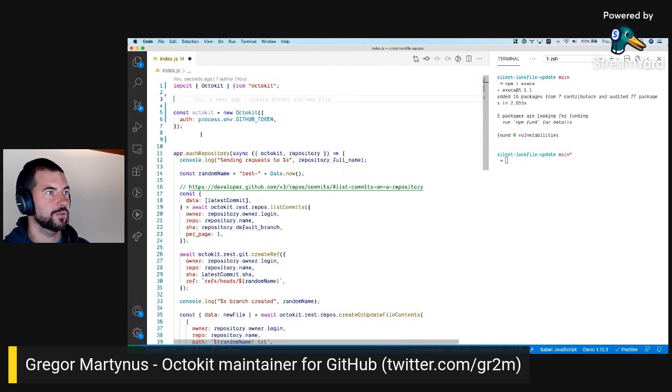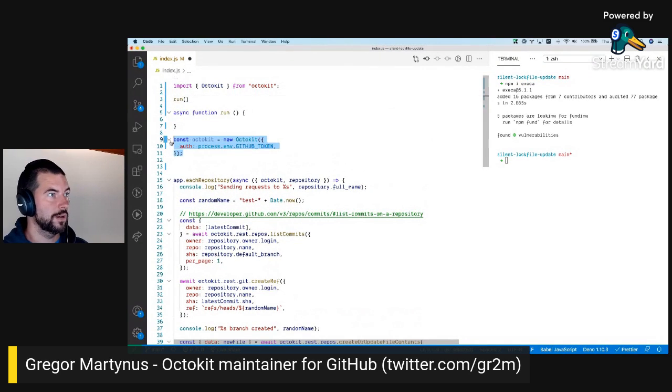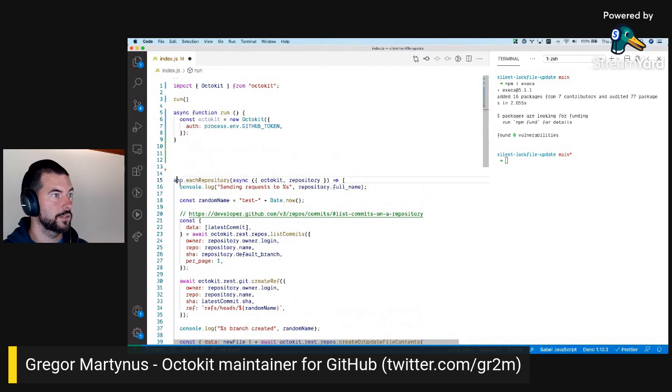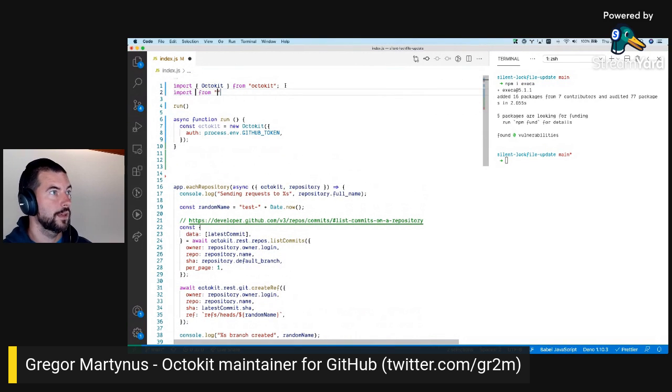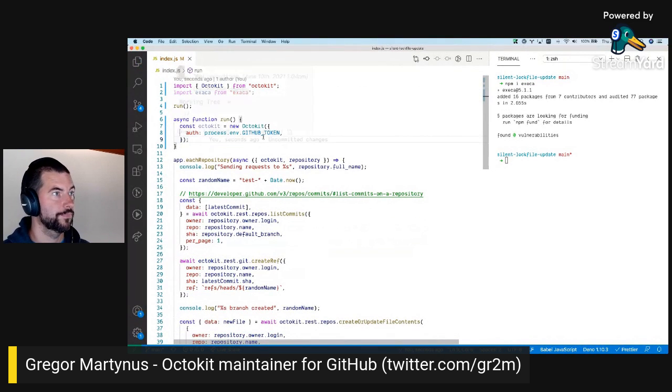And Node 12 doesn't support top level await. So instead, I will do async function run, and then just execute this function right away, like this. And then I will import Execa